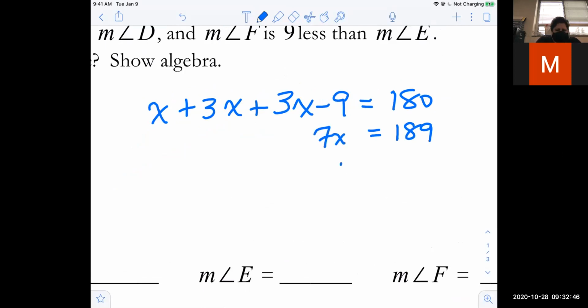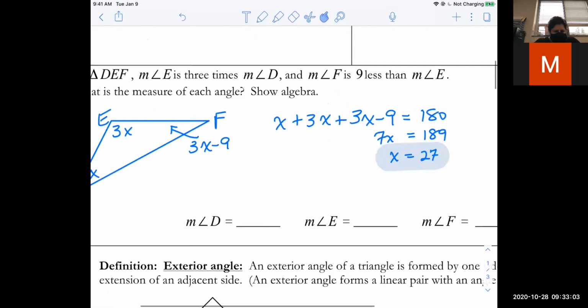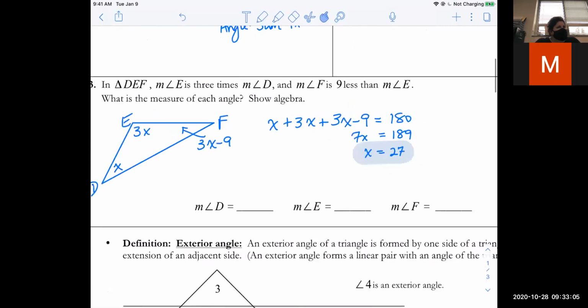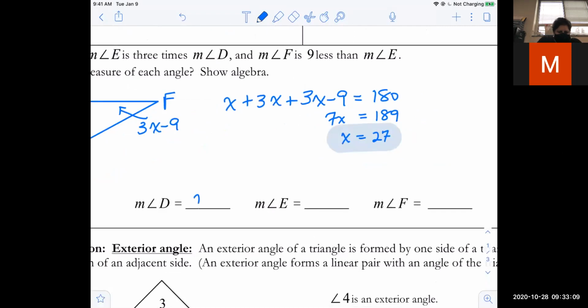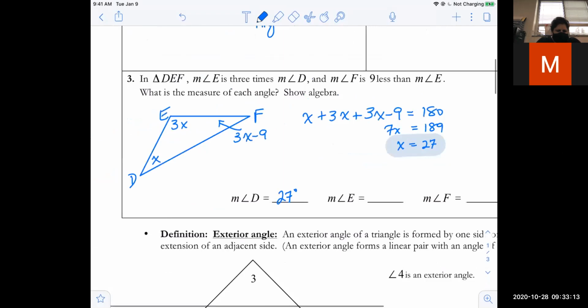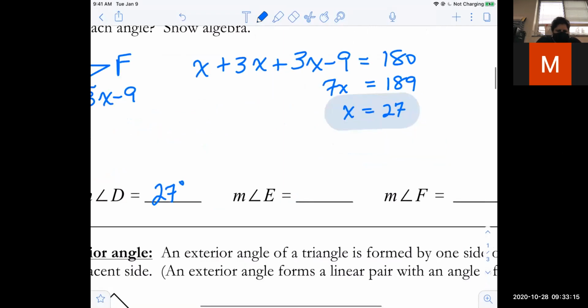Does that go in evenly? Okay, so 7 times 2 would be 14, and that would give you your remainder of 49. Does something go into 49? How many times? 7. So it actually does go in evenly. So x is 27, but then it did ask us to find the angle measures. So which angle is 27? Angle D. Okay, measure of angle E is 3 times that. So 27 times 3,